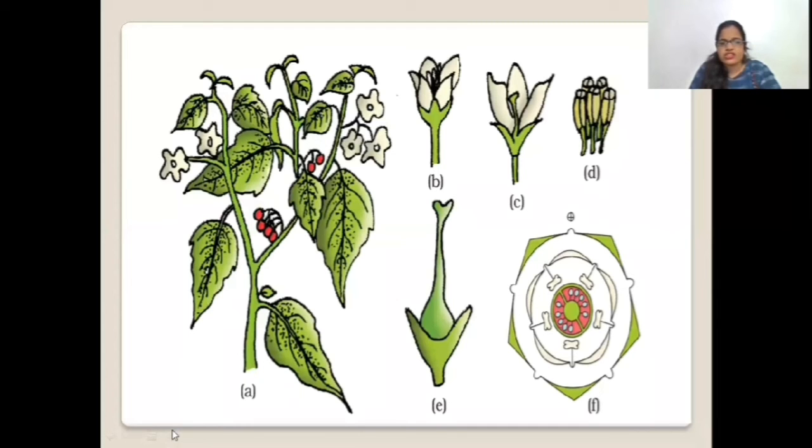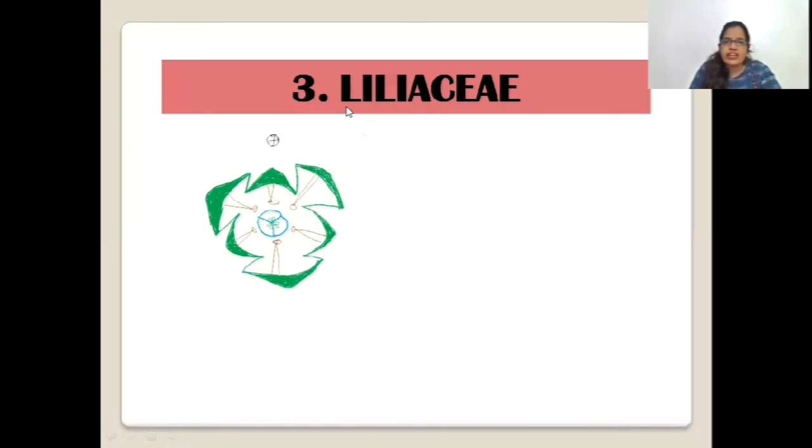Okay. So the next family we have got to discuss is the Liliaceae family, and in this Liliaceae family, guys, we have some differences. Now you can see with the diagram itself that there is some change from what I have been discussing till now, but you won't have to feel scared of these differences. I am here to explain what they are. We can see this is the outermost whorl, 1, 2, 3. Then I'll change the color. I'll use black. This one, this one, this one.